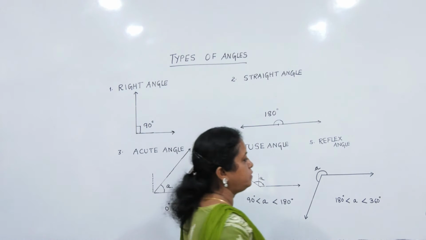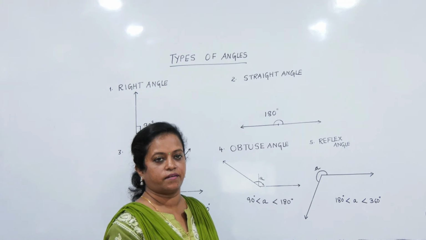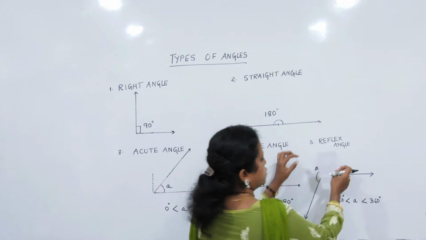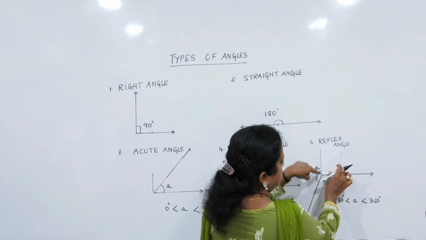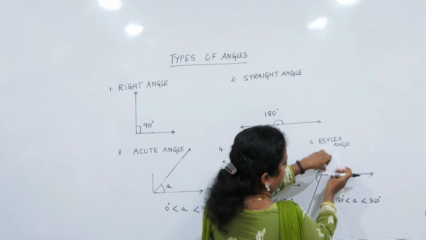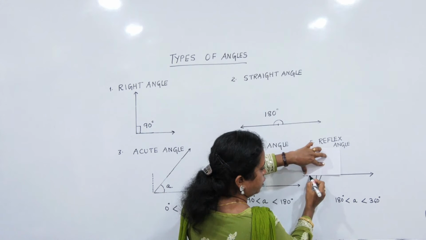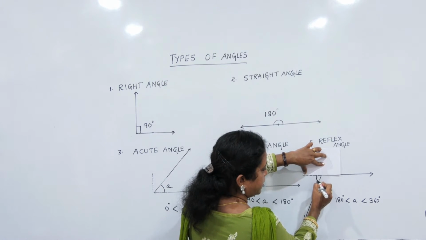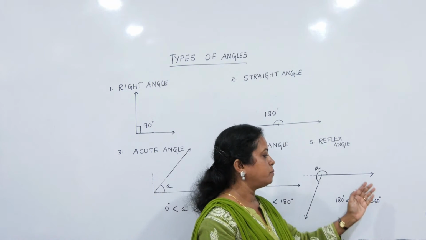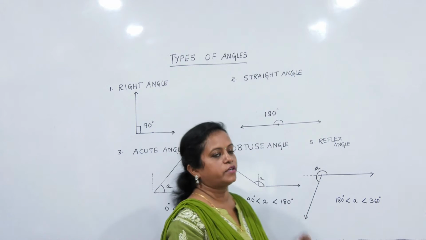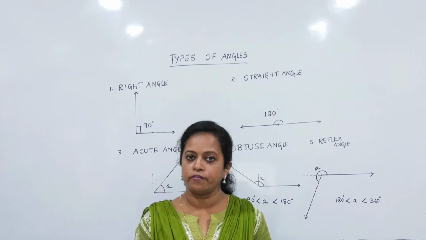What about a reflex angle? Just now I taught you, it has a measure greater than 180 degrees and less than 360 degrees. So when I place it on the base of the reflex angle, here you will find that this is the 90 degree line. If I open it, I get a straight angle, but here again it has gone beyond the straight angle. You can see that the angle has gone beyond the straight angle, that is the measure is more than 180 degrees but less than 360 degrees. So this is a reflex angle. So using a right angle tester, you can compare the different angles that you have just learned.